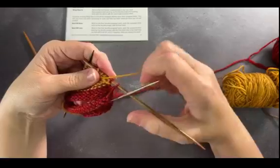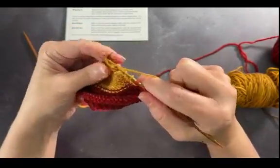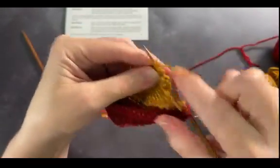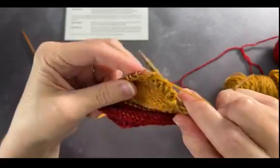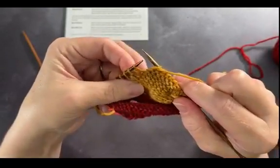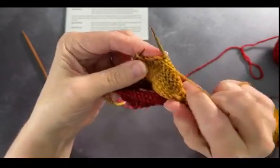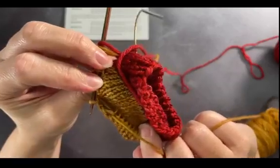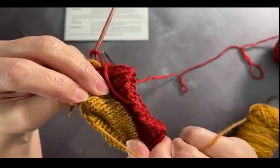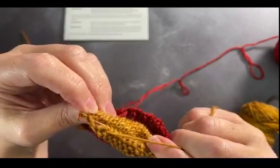And I'm going to show you how to pick up the double purl wrap on this side now. So it says to purl back to the stitch. So I'm going to purl all the way back. Let me come a little bit closer actually as we do this. So I'm purling back to my first double purl wrapped stitch. So it's this one, so you can see your double wrap. Take my needle, and now this time you might have to do a little bit of reaching around, because you have your double wrap and you have to go into the two wrap stitches from the back, so the two back loops